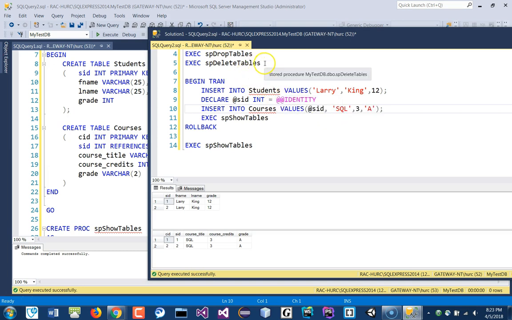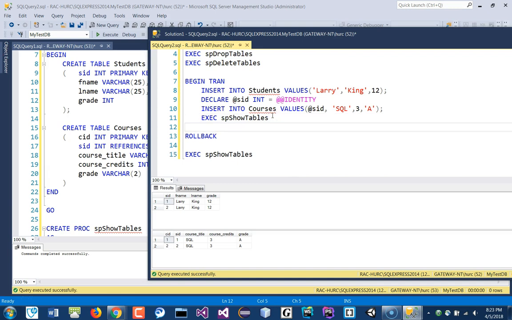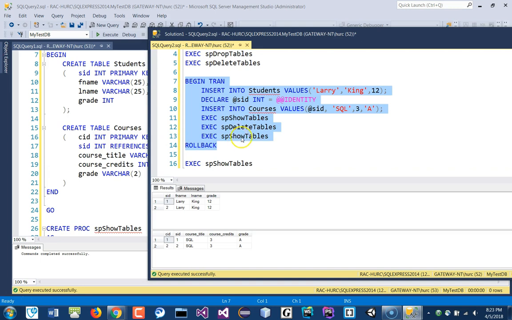It shouldn't. So if I put deletes in here, let's just say I show the table, and then I insert it, I show it, I delete it, and I show it again to make sure that there's no more data in the table, right? If I roll it back,